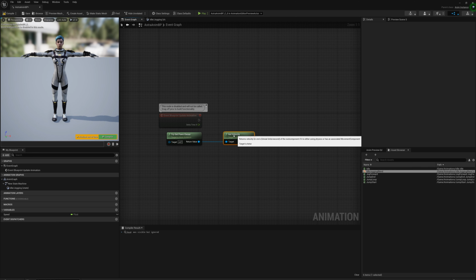This is going to return the velocity that our character is moving, and the return value is a vector. So if I split this, we can see we get an X, a Y, and a Z. It's giving us the velocity in all three dimensions. So what is our X velocity? What is our Y velocity? And our Z velocity? In reality, I'm going to right click, recombine this struct pin, and I want to flatten